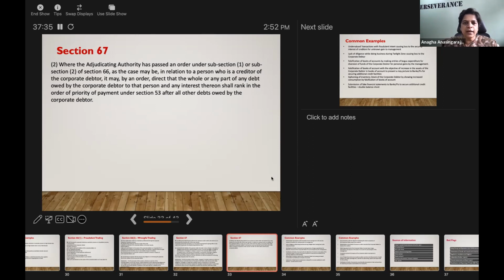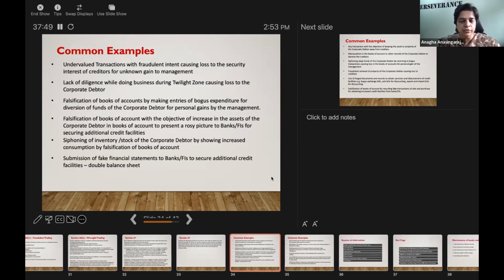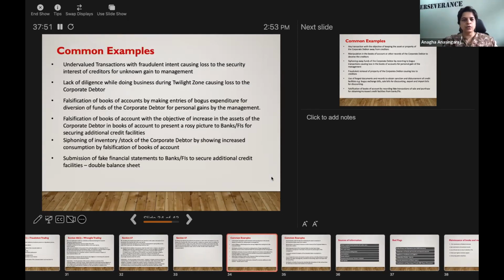The NCLT can direct that that person will not be treated, his order of priority in case of distribution under 53 can be changed by orders of the NCLT under 66(1) and (2). So it has far-reaching consequences of trying to get back the money which was lost of the CD. Common examples: